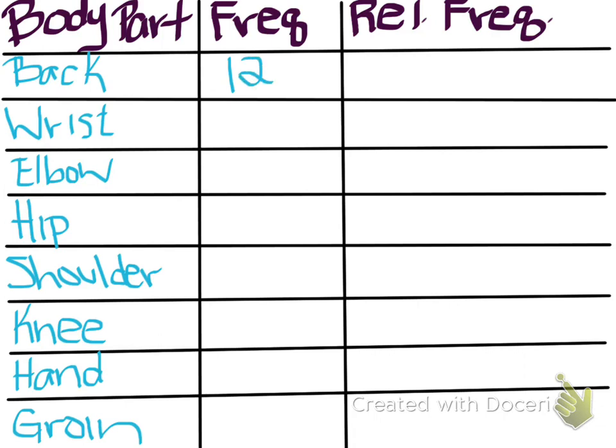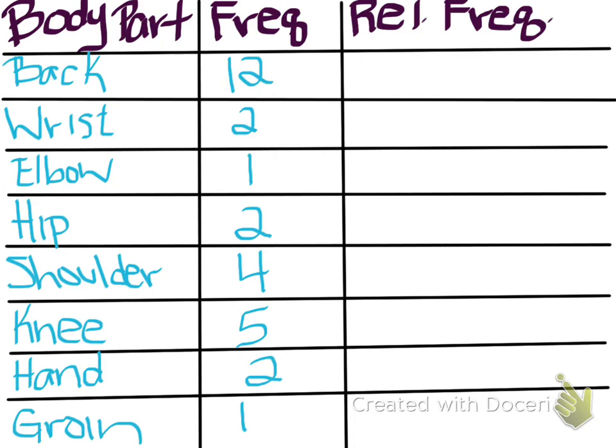That's a little bit better. So we have 12 back injuries. Now wrist injuries, there are 2 wrist injuries. We have 1 elbow injury, 2 hip injuries, 4 shoulder injuries, 5 knee injuries, 2 hand injuries. There's one groin injury and there is also one neck injury, so that you make sure you fill in all